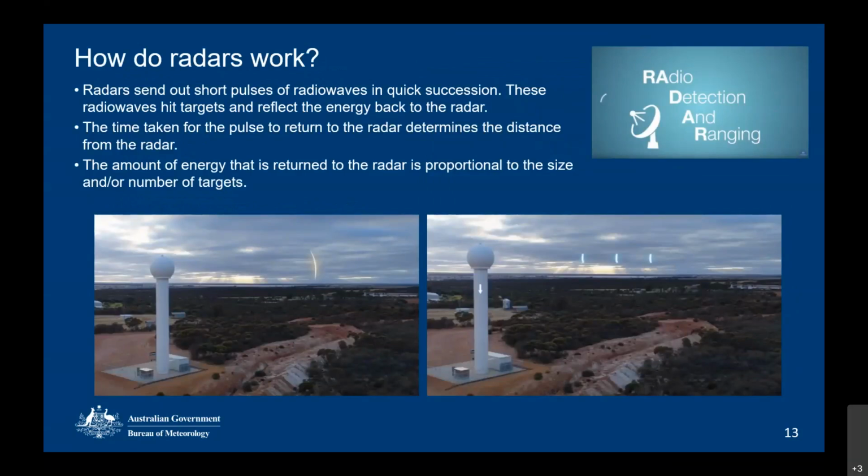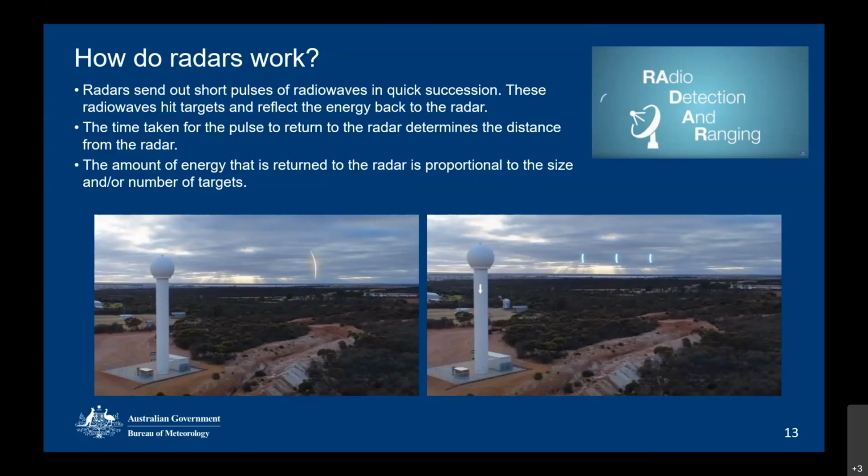How do radars work? Radars generate ultra high frequency microwave radiation. We send out a pulse out of the radar hundreds of times a second, sometimes even thousands of times a second. This pulse goes out the antenna. It's only very short in duration, usually around 1 or 2 microseconds, which is 1 or 2 millionths of a second. During the time it's not transmitting, it's listening.